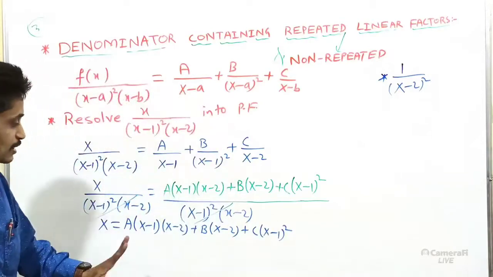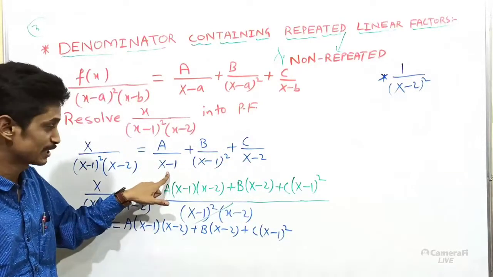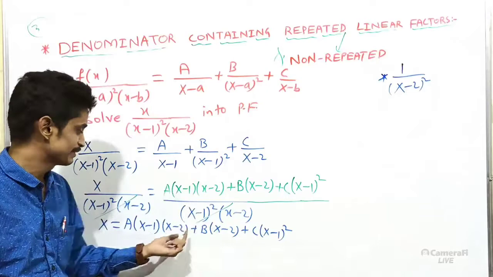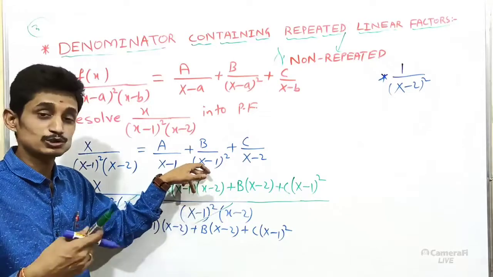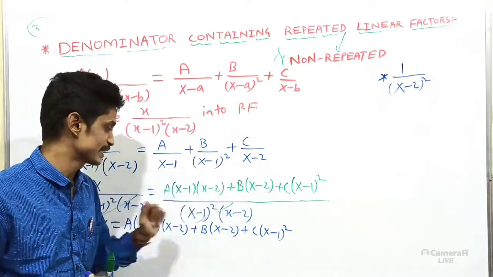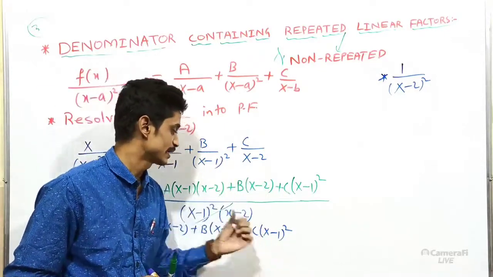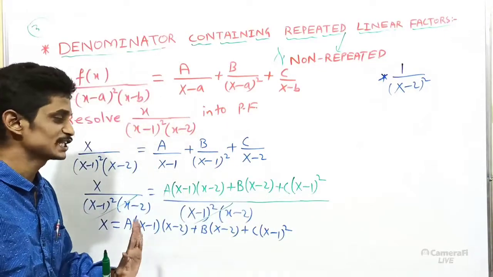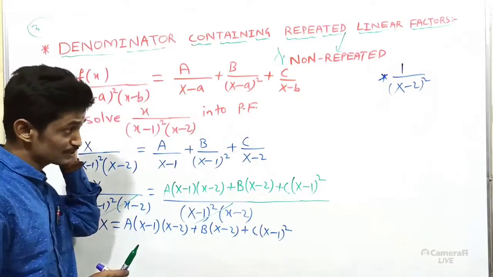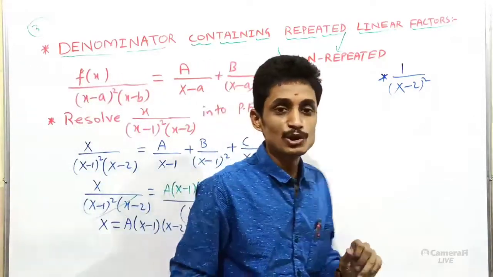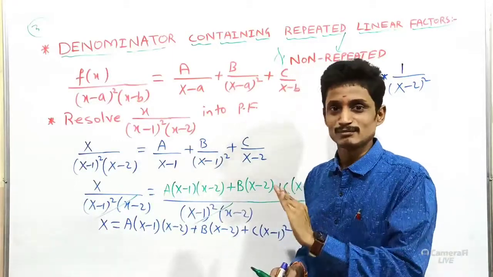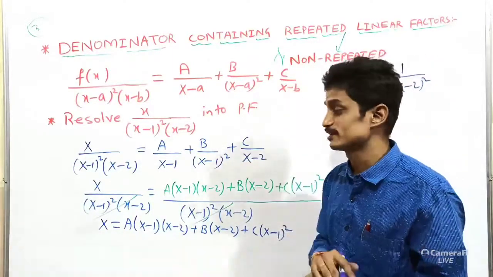Let me check whether everything is correct or wrong. Here only a single x minus 1, so one more x minus 1 with x minus 2. Here x minus 1 whole square is completely there, so we just need x minus 2. Here x minus 2 is there, and we multiply by x minus 1 whole square. Everything is correct. Now, I suggested you apply both methods simultaneously because we have both non-repeated and repeated factors.